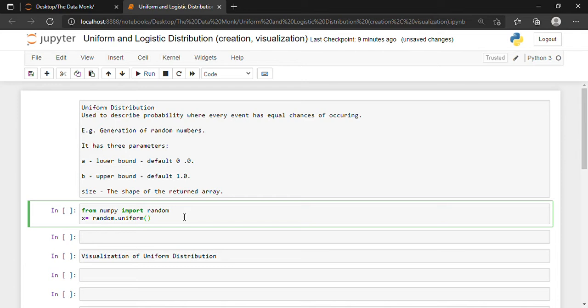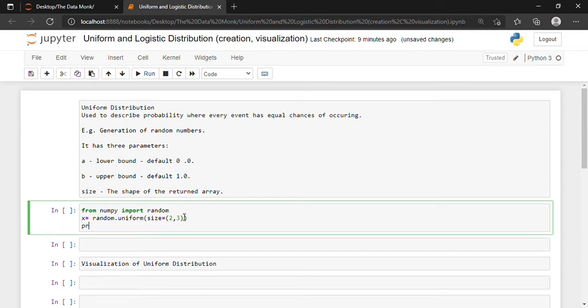Let's say I'm taking 2 rows and 3 columns, so I will write size is equal to, inside the bracket, 2 comma 3. Let's print my x first. Shift enter.